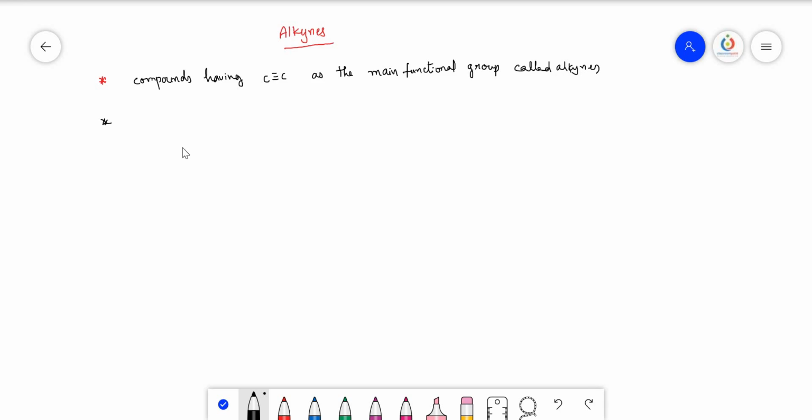And we know the general molecular formula of the alkynes is CnH2n minus 2, and the triple bonded carbon hybridization